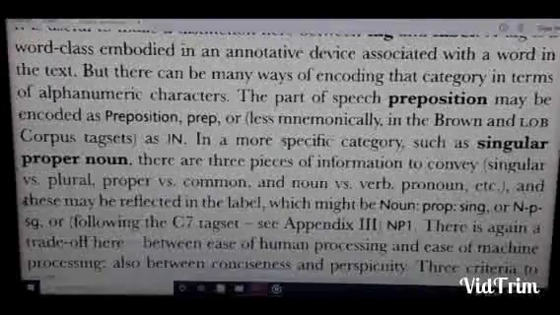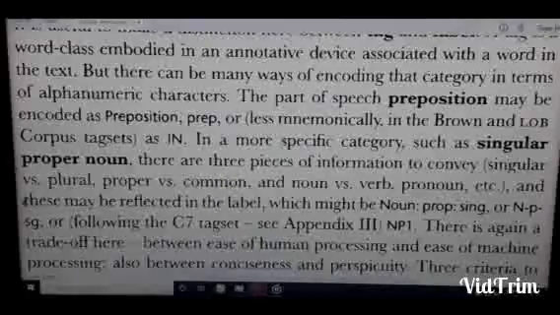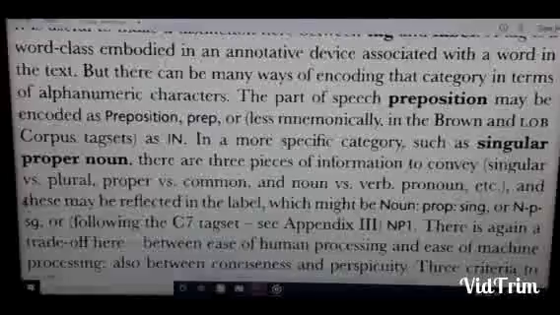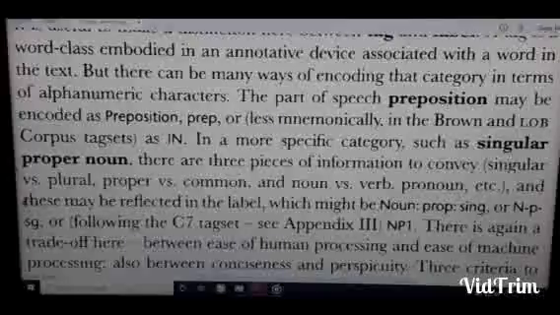The part of speech preposition may be encoded as preposition, prep, or less mnemonically in the Brown and LOB corpus tag sets as